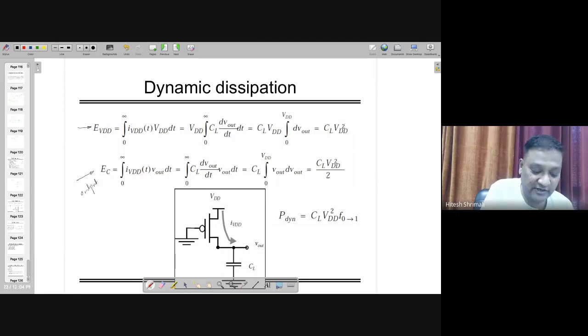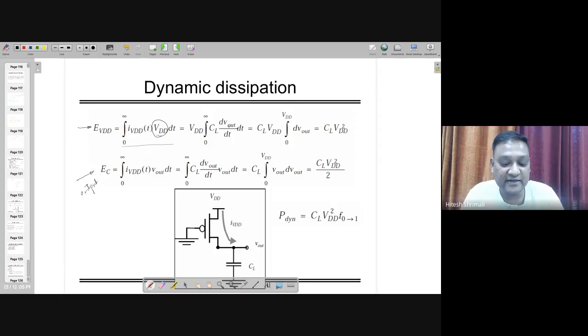If you look at the two power consumptions, one is because of VDD and one is at the output. So this is a very standard equation which is known to us: the integration from 0 to infinity of I_VDD(t) times VDD, dt, that's going to give me the power, right? So you have to integrate from 0 to infinite time. In that case, VDD is constant, it comes out, and this is nothing but CL times dVO by dt. And you can see that VO is going from 0 to VDD only. So that's the worst case, which is VDD.